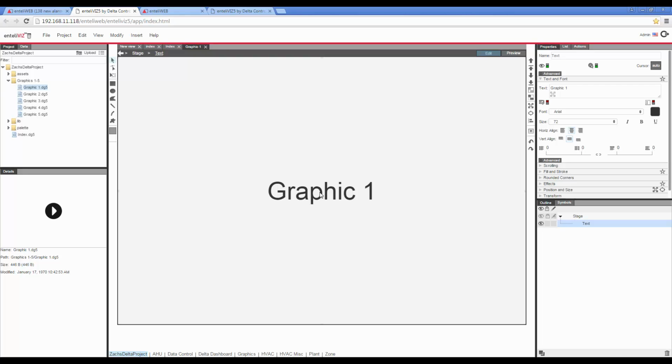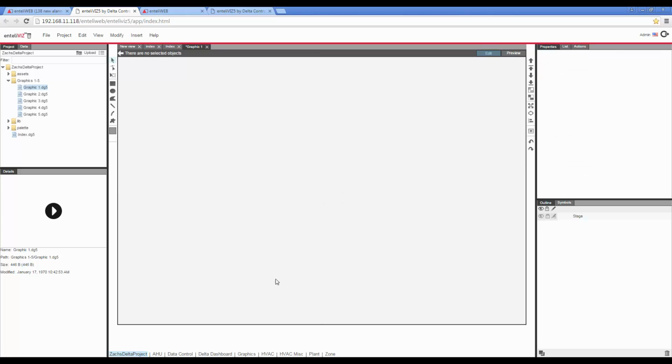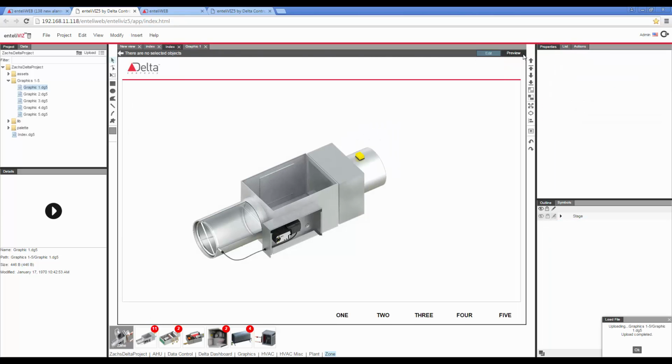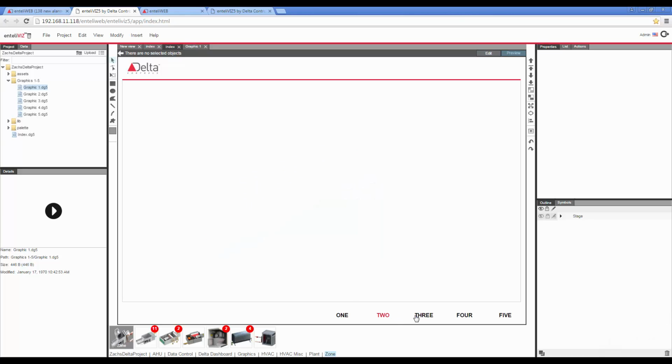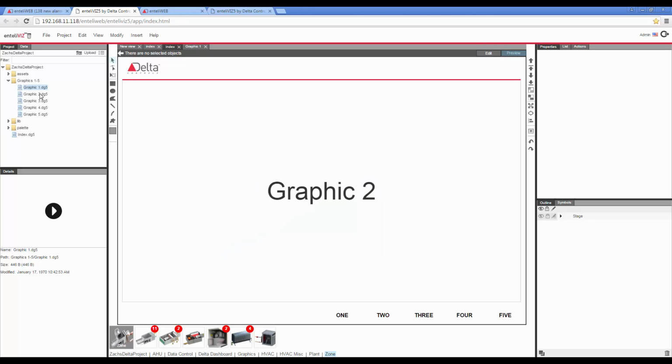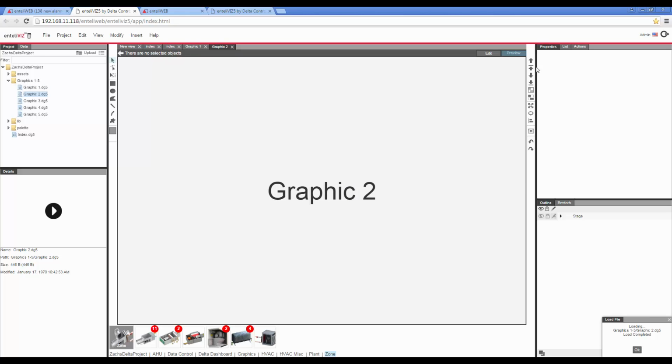So on graphic 1, if I just delete the word graphic 1 and bring in a VAV, for example, and go save. If I go back to my index page and click around a bit, graphic 1 is a VAV. Graphic 2 still says graphic 2. So if I click on the graphic 2 page,